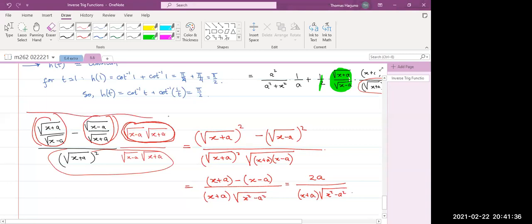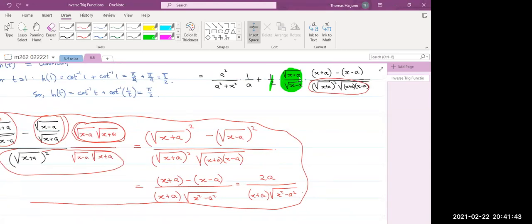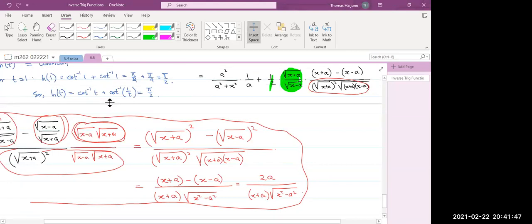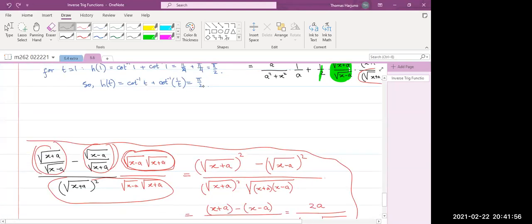Okay, that's the big work. That's big work. Okay, let's come back here. I need to have some space. So the first term becomes only a on the top, a over a squared plus x squared